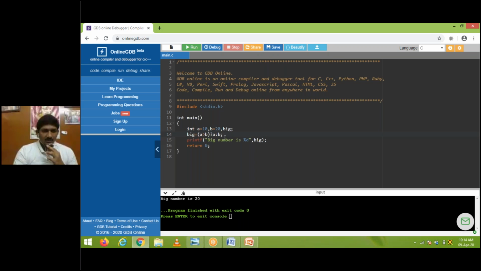In an if condition, we are using almost 5 to 6 lines to write the program for finding the biggest number among three numbers, like if a greater than b, like that. We'll see the program, the difference between the conditional operator and if else. We'll see the example now.